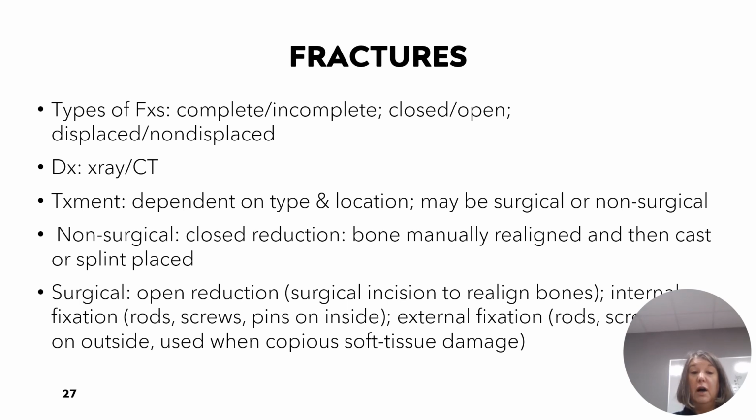Splints are a form of non-rigid immobilization to maintain alignment of a bone, like a soft cast, and then a cast is rigid: fiberglass, plaster, and it's used on weight-bearing extremities, okay? Surgical repair requires an open reduction. You can have internal or external fixation. Fixation is when they use hardware, you know, pins, screws, rods, plates, to fix whatever the heck it is you've done, okay? So these can be internal, or if you have a lot of